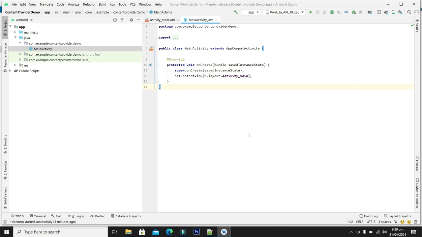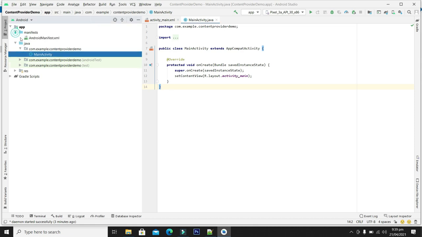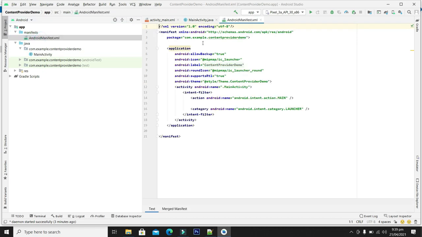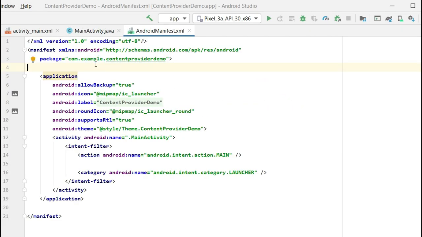So guys, our project is ready. Now let's start the development. Because we are going to read the contacts from the mobile phone contact application, we will have to give the permission for reading or writing the contacts. So from the manifest file, select the Android manifest, and from here let's add two permissions.